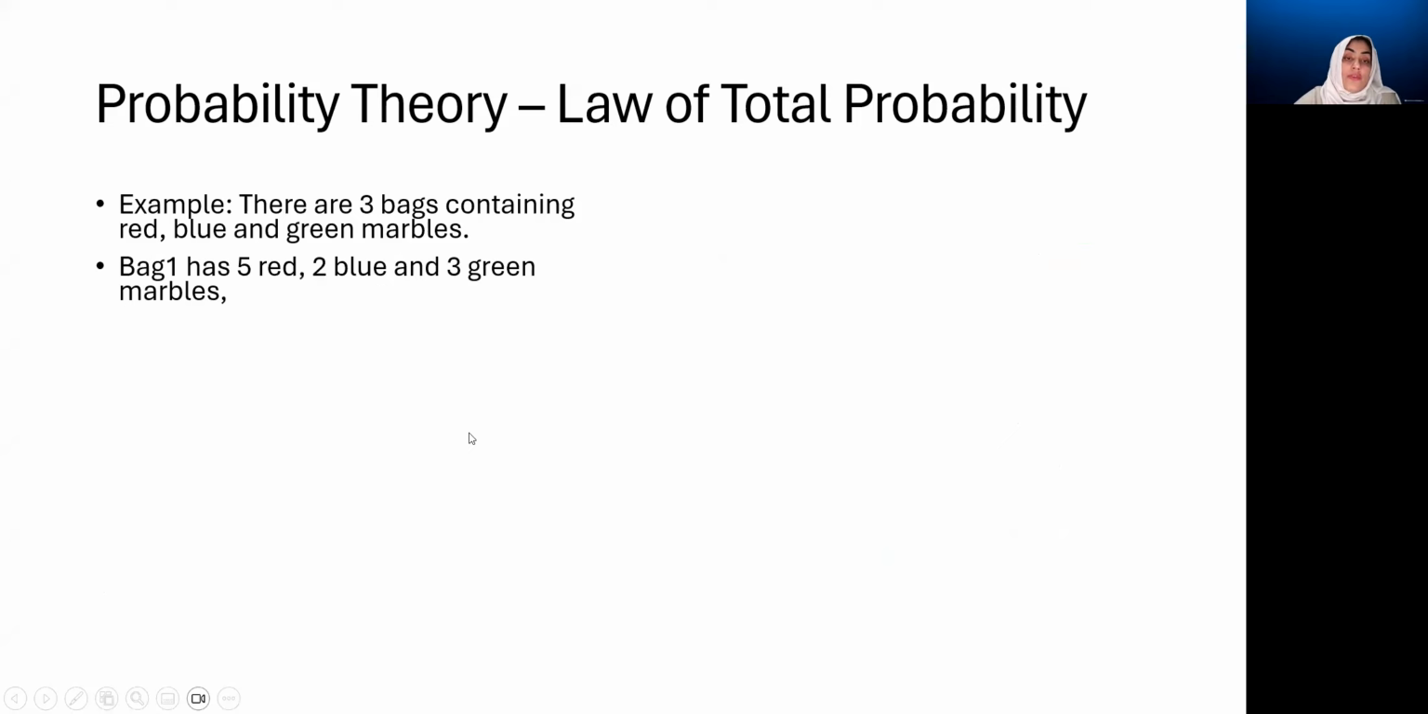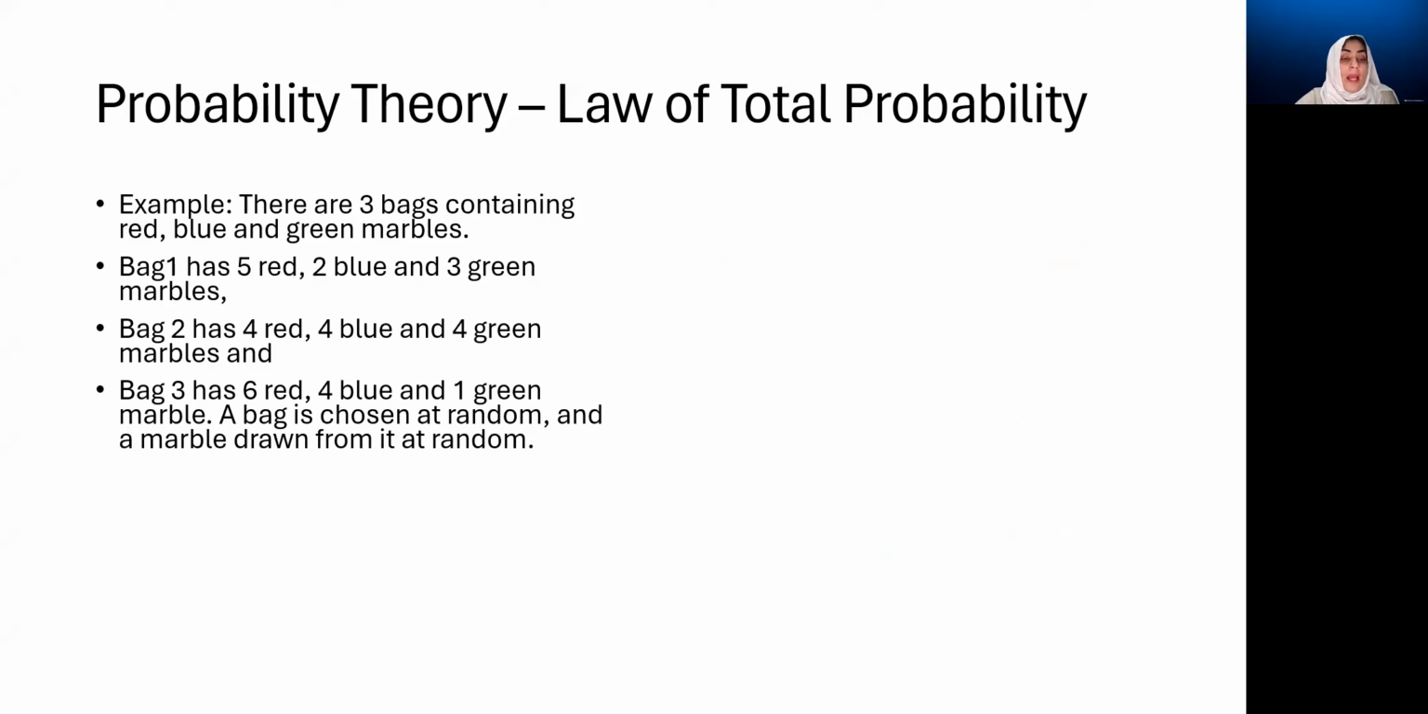Consider an example. There are 3 bags containing red, blue, and green marbles. Bag 1 has 5 red, 2 blue, and 3 green marbles. Bag 2 has a different composition. It has 4 red, 4 blue, and 4 green, while bag 3 has 4 red, 4 blue, and 1 green marble. A bag is chosen at random, and a marble is drawn from it at random. Now we need to find out the probability